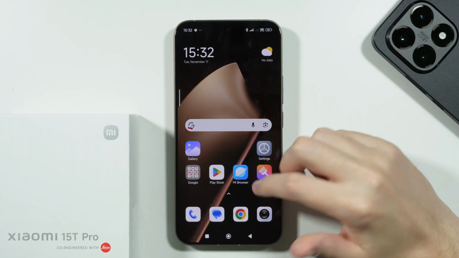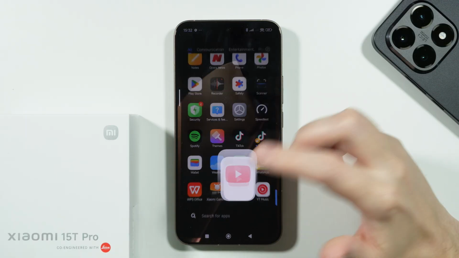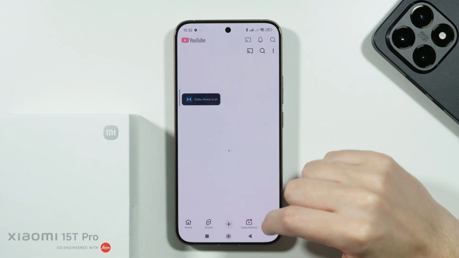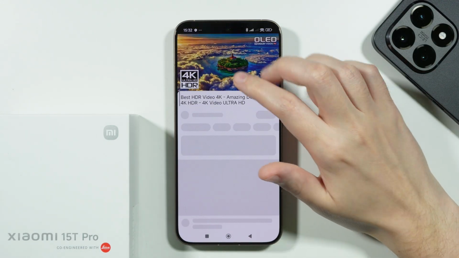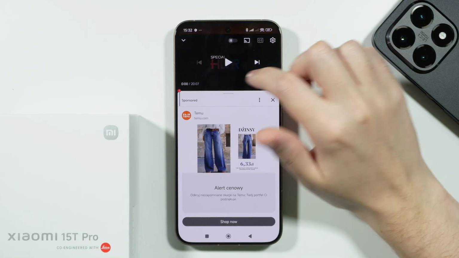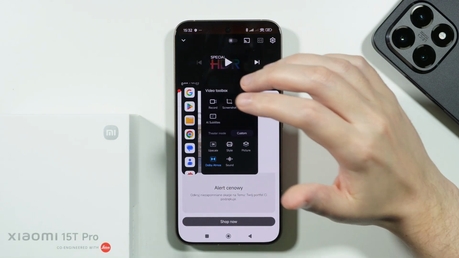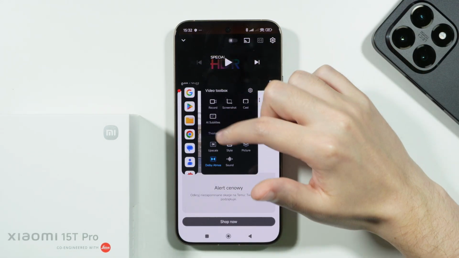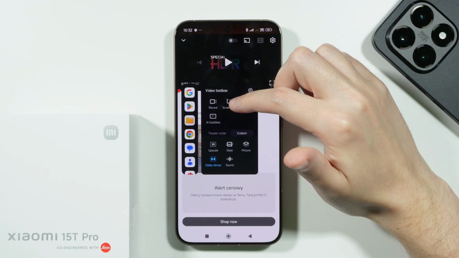Now after that, we need to open a video. So let's say I'm gonna use YouTube as an example. There we go. And let's say I'm gonna just quickly open this video over here. And now, if I go to the side toolbox, as you can see, we have the video toolbox feature and